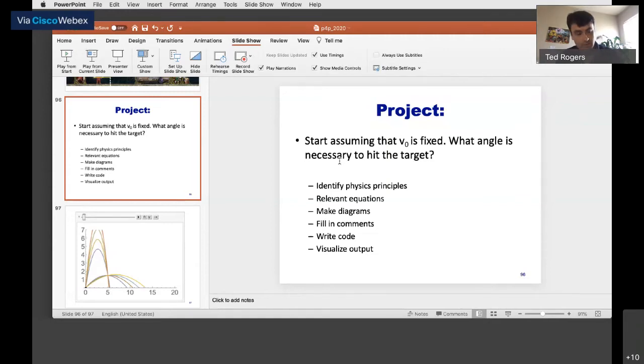So you need to figure out an equation for the angle in terms of V0 and the X and Y positions of the monster. And it might take a little bit of exercise in your trigonometry to get that equation. That's kind of part of the project.